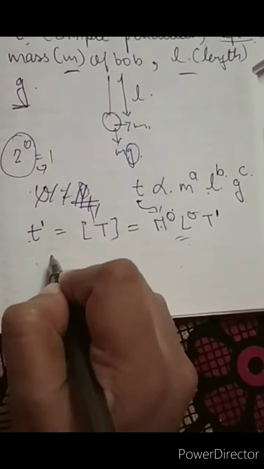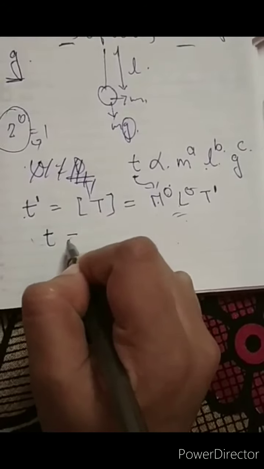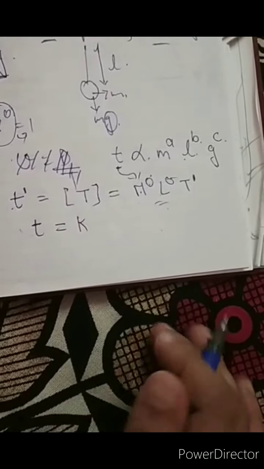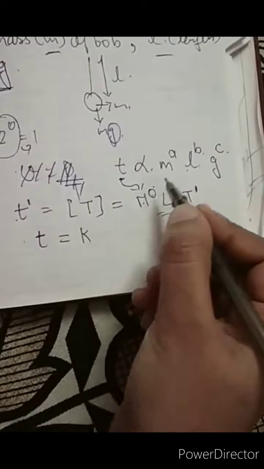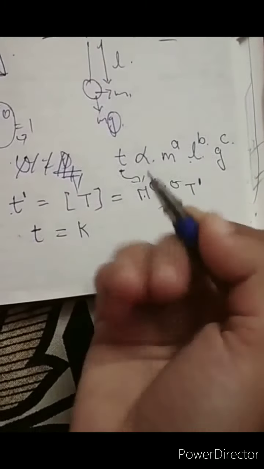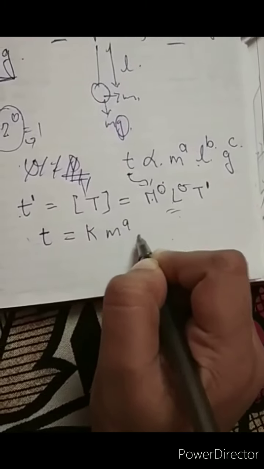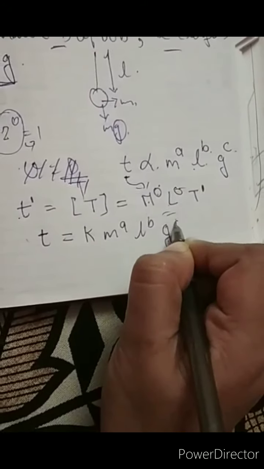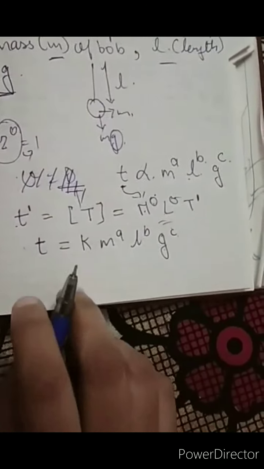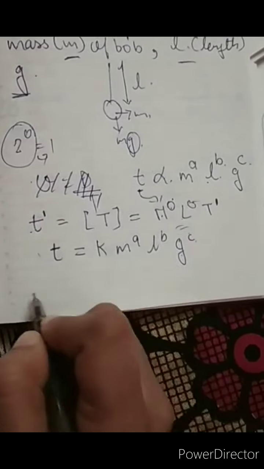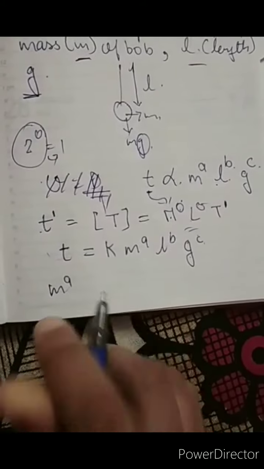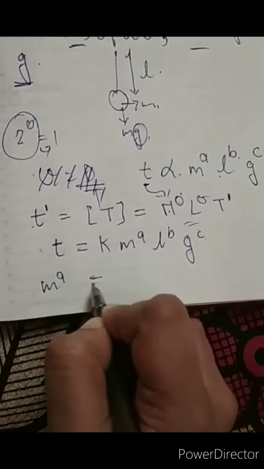Okay, so let's go towards the expression for T. Look, it is proportional, so if you remove the proportionality sign, you will get a constant. Some proportionality constant we don't know, so let's say it is K. And m to the power a, L to the power b, and g to the power c. Right? Now students, note down. I have m to the power a. How can I write it in the form of MLT? M denotes mass. So can I write it like this? M to the power a.